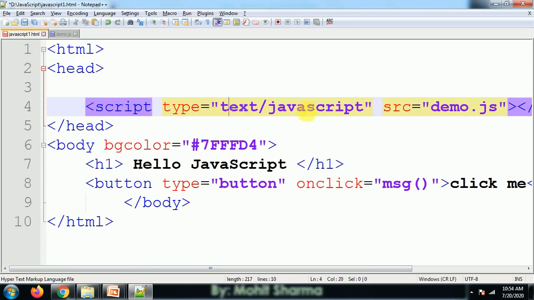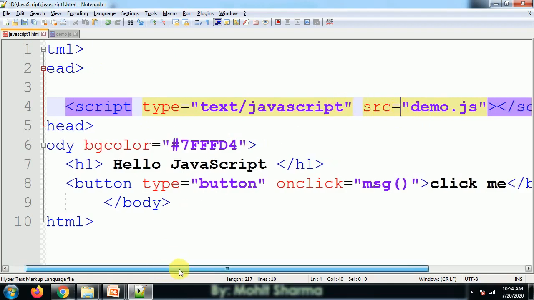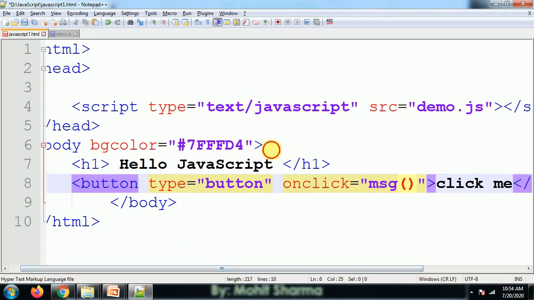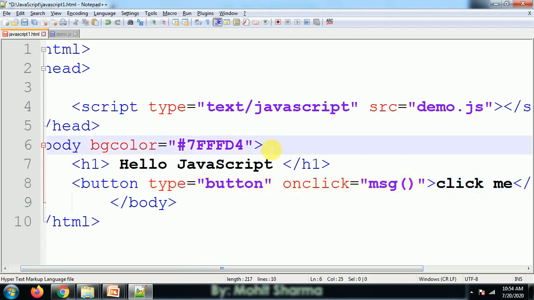With the help of src I linked the JavaScript file with this HTML file, and the rest of the code is the same. Button, type button, onclick. When I click on that button, the message function is called, and when the message function is called, an alert box pops up and gives me a message.